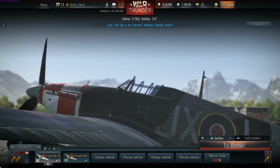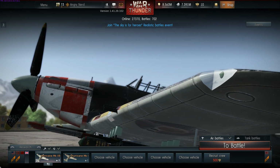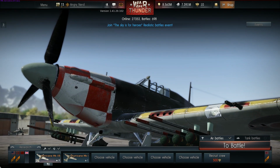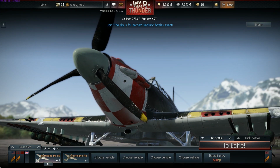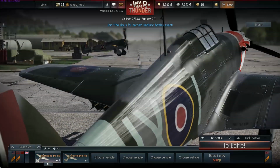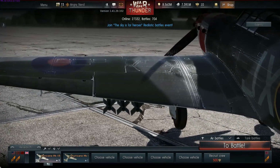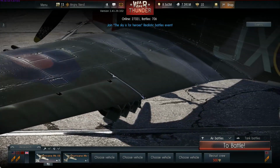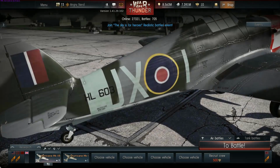And another one scheduled to show up for War Thunder is the Hurricane Mark IV. It was the last major change to the Hurricane and saw the introduction of the universal wing, a single design able to mount two 250 or 500 pound bombs, two 40 millimeter Vickers guns, drop tanks, or 8 RP-3 rockets. It mounted two 7.7 millimeter machine guns to aid in the aiming of the heavier armament. The new design also incorporated the improved Merlin 24 or 27 engines with up to